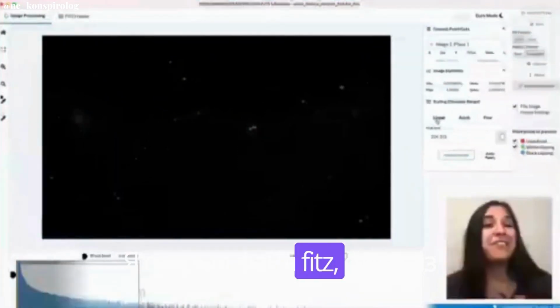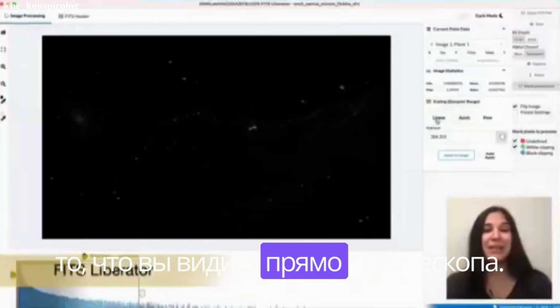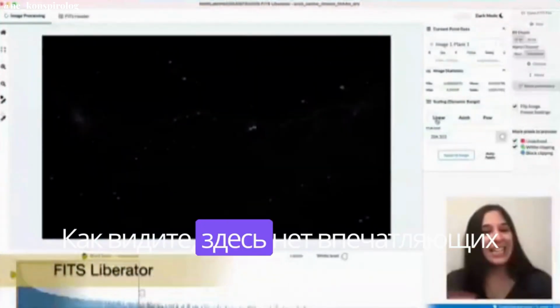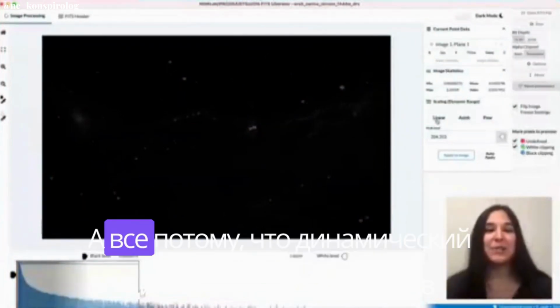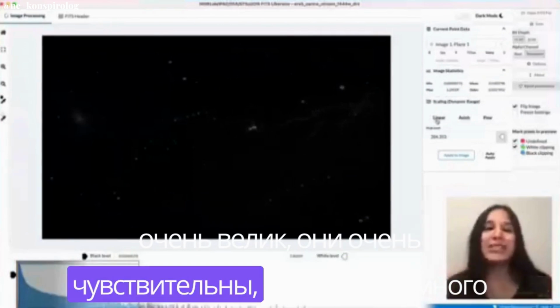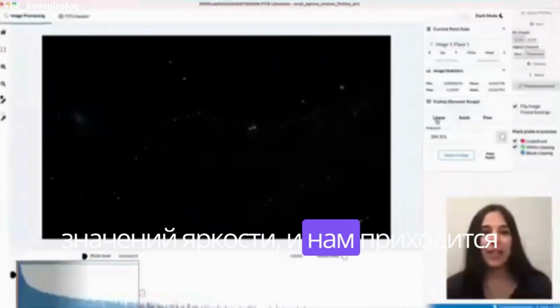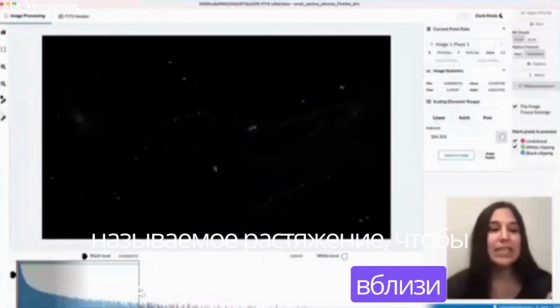I've opened the FITS file, one of the filters, into FITS Liberator, and this is what you see straight from the telescope. As you can see, it doesn't have spectacular color, and you can't even see a lot of detail, and that's because the dynamic range of these telescopes is so large, they're so sensitive, so there's lots of brightness values, and we have to do something called stretching in order to reveal these details near the dark end